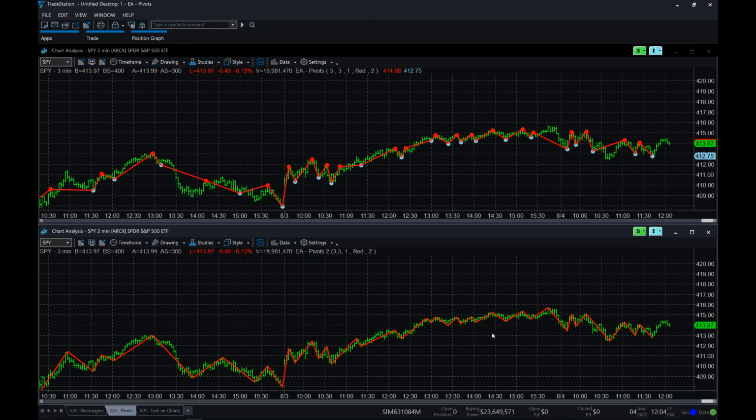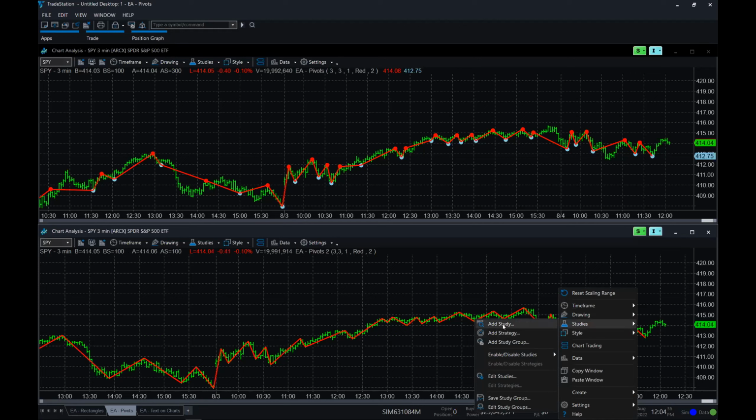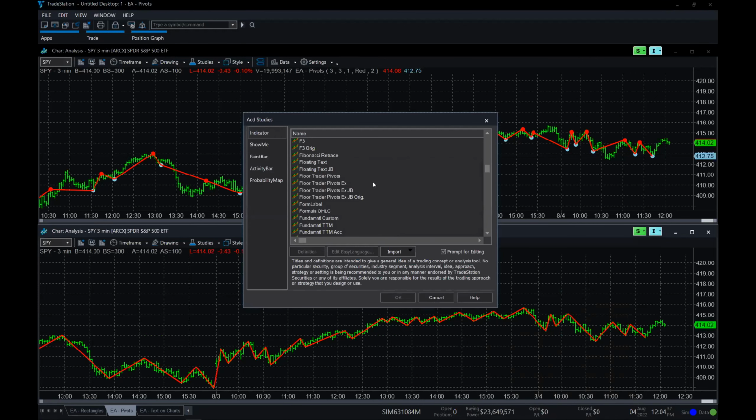It's called Levels Calc. I'm not sure if you have it in your platform. It's an Art of TradeStation study, so the name starts with ArtTS. I think I had Levels Calc. Yes, that one right there.